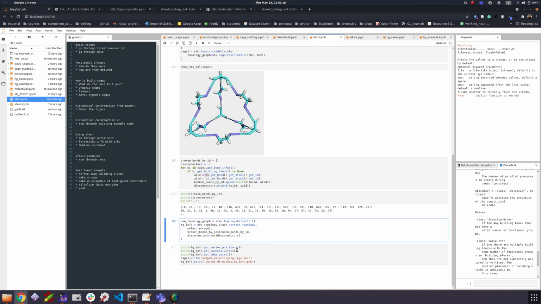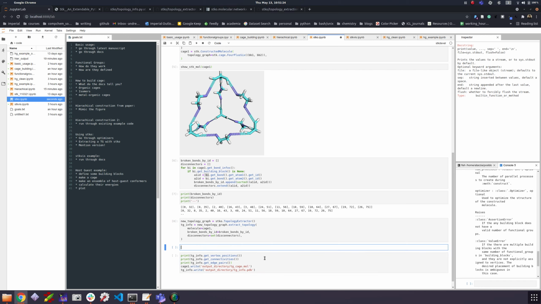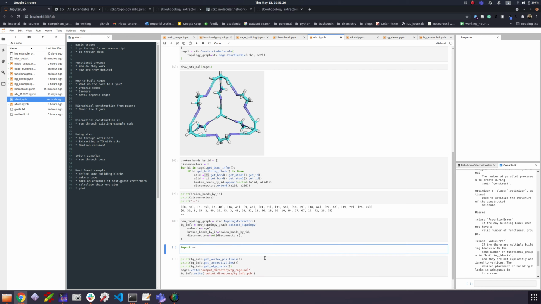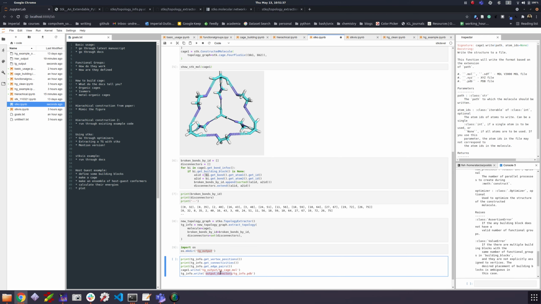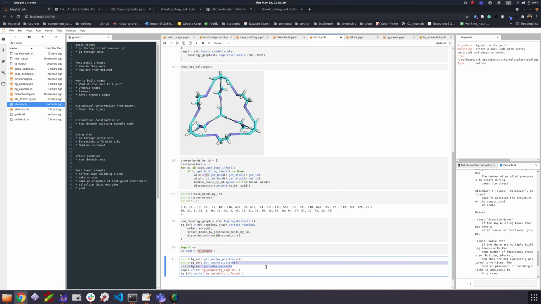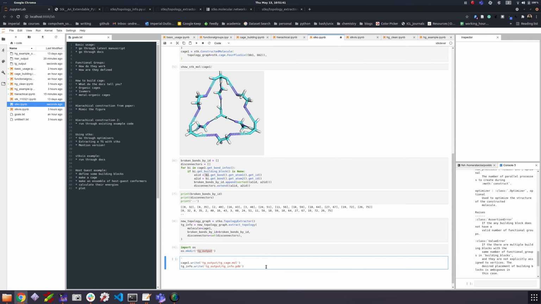So if we print, let's import os, make the tg output, and then let's change that. So we can print all of this information